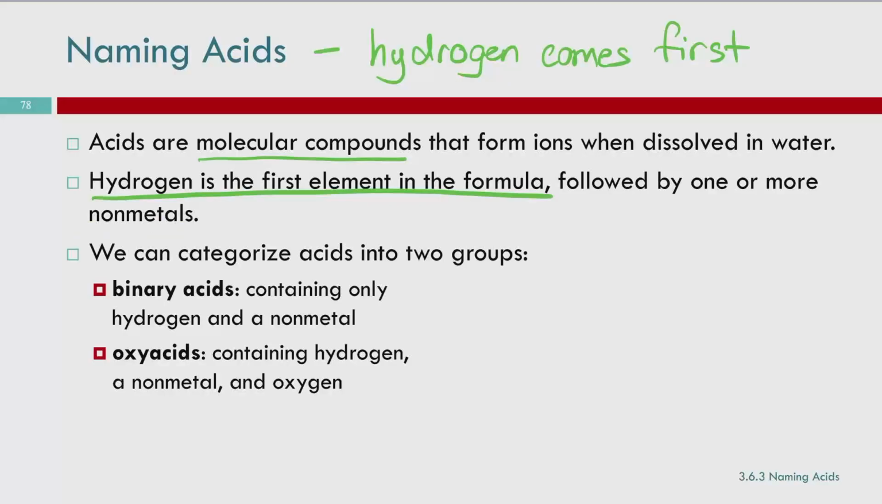We've got 2 groups for our acids. The first group is binary acids. Binary means 2 things. So these are going to contain hydrogen and a nonmetal, or there's one specific thing that I'm thinking of here, a polyatomic ion, not an oxyanion. Because our second group,